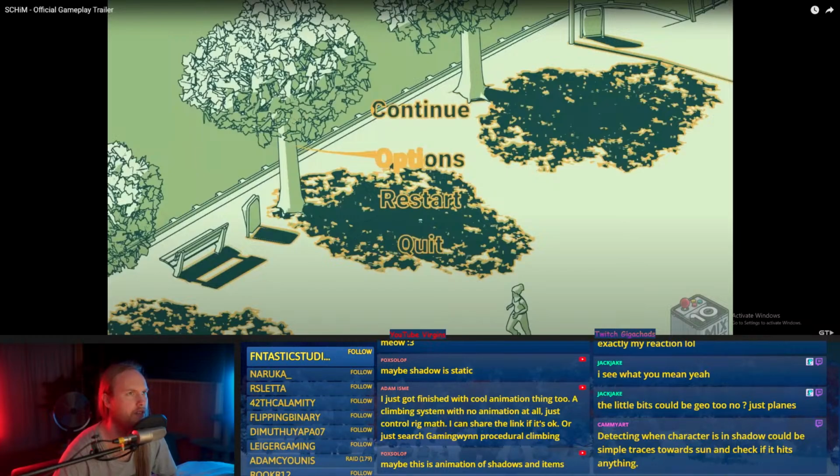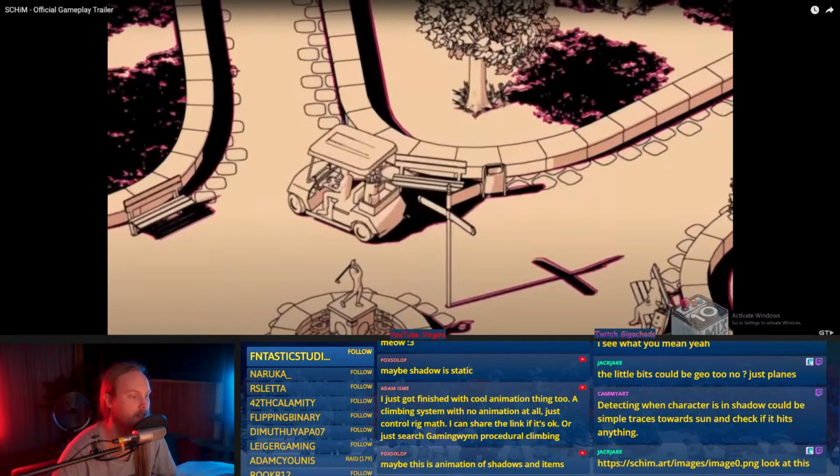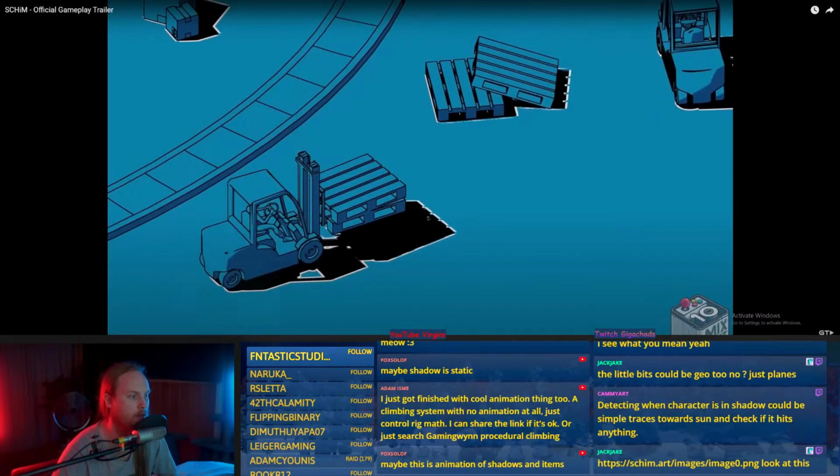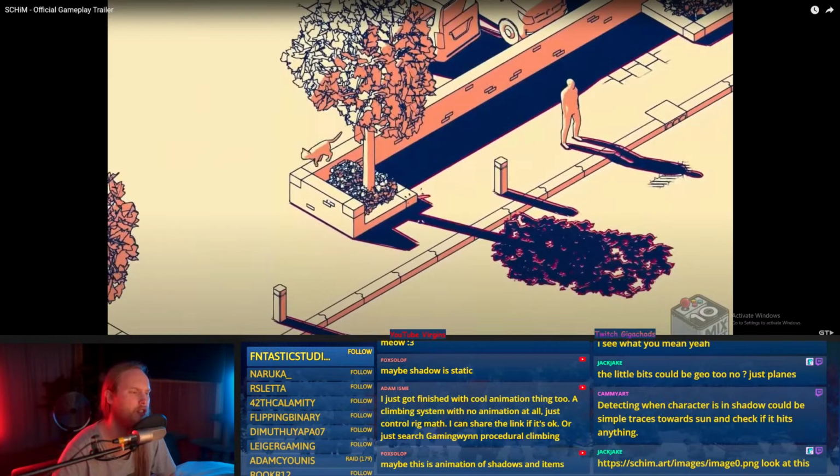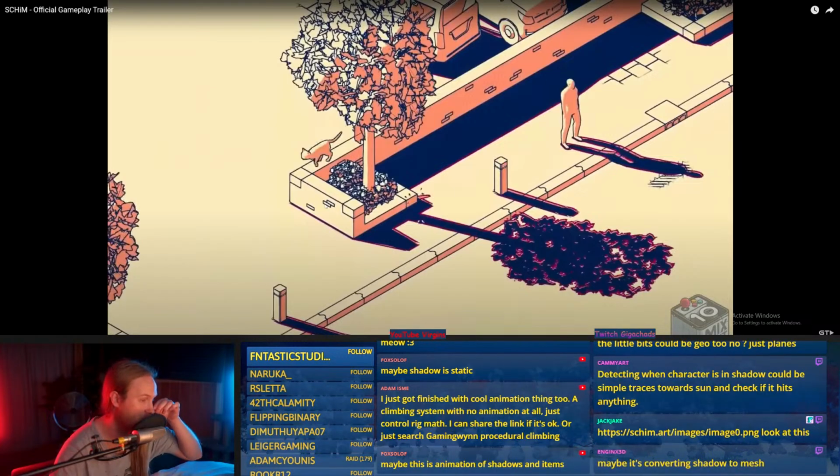Little bits could be just planes. Oh, you mean like the little bricky bits? Yeah, I'm not sure, because they would have to have a difference in depth or normals to actually get picked up. So I'd say that they're textured in.